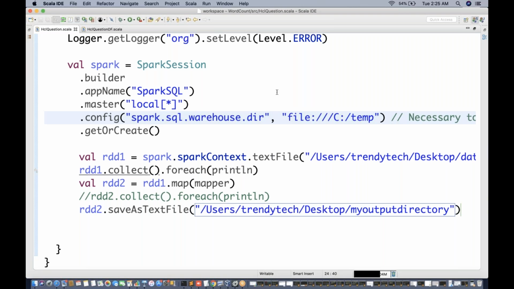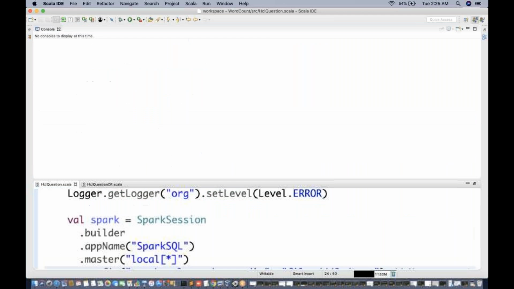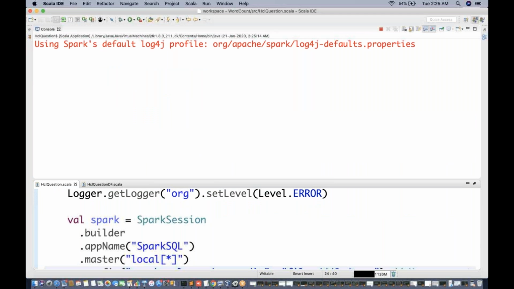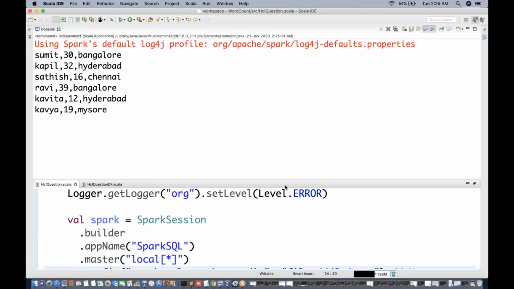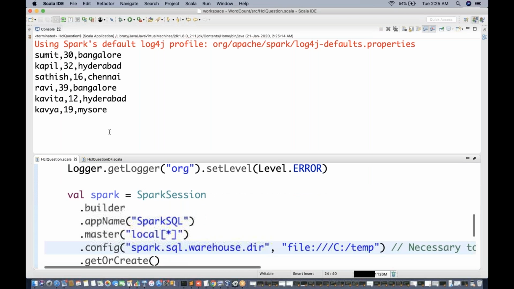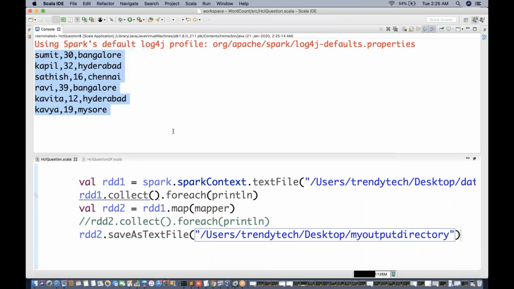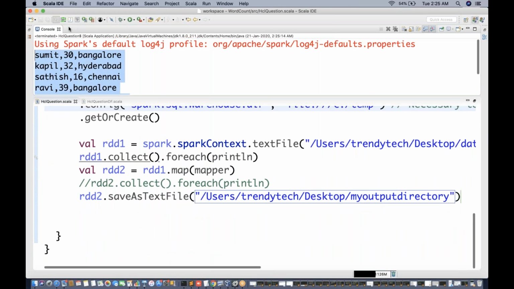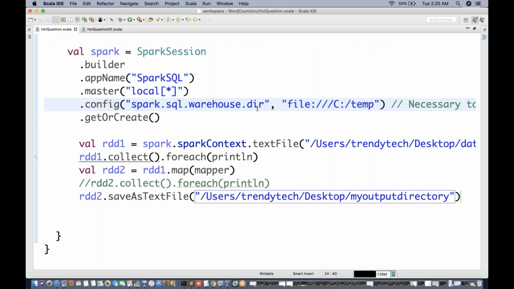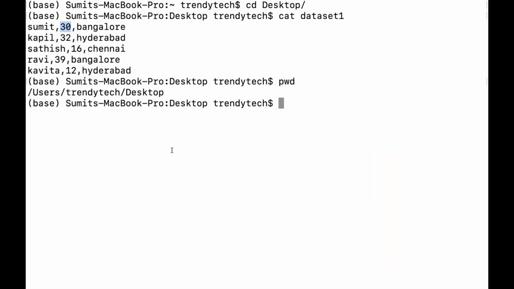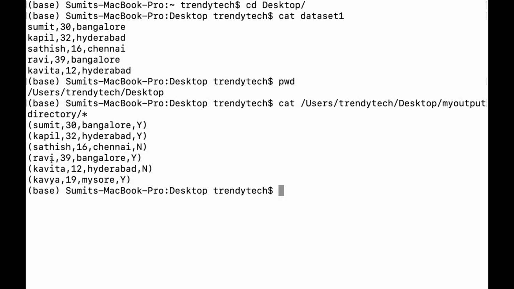Now let me try to run it. In this case it won't show me the final results, rather it will save them to the text file. So these results are the previous ones, whichever we have printed, the base RDD we have printed. The output we are not showcasing. How to check? We need to check at this location. Let me go back and say cat this/star. So you can see our results.